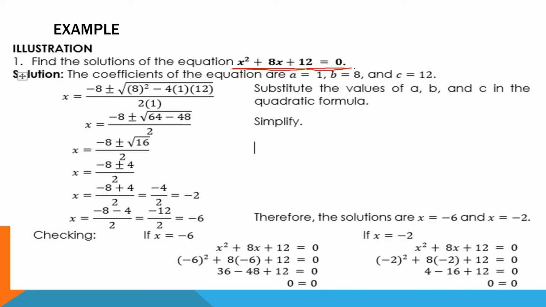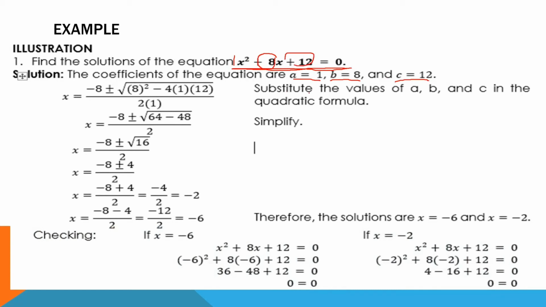So, next step is to find the real numbers A, B, and C. So, our A is 1. Our B is positive 8 because of this. And then, our C is positive 12 because of this. Since we now have the real numbers A, B, and C, we can substitute the values